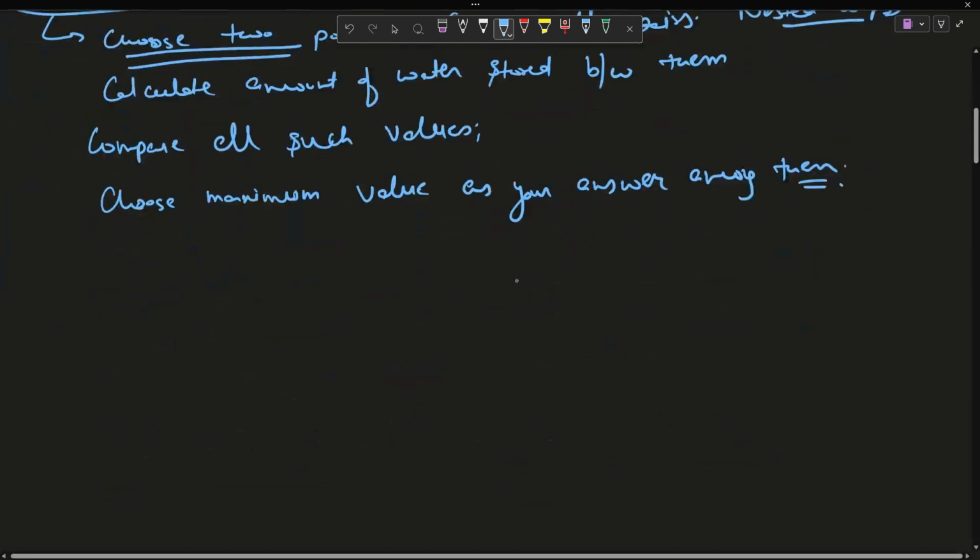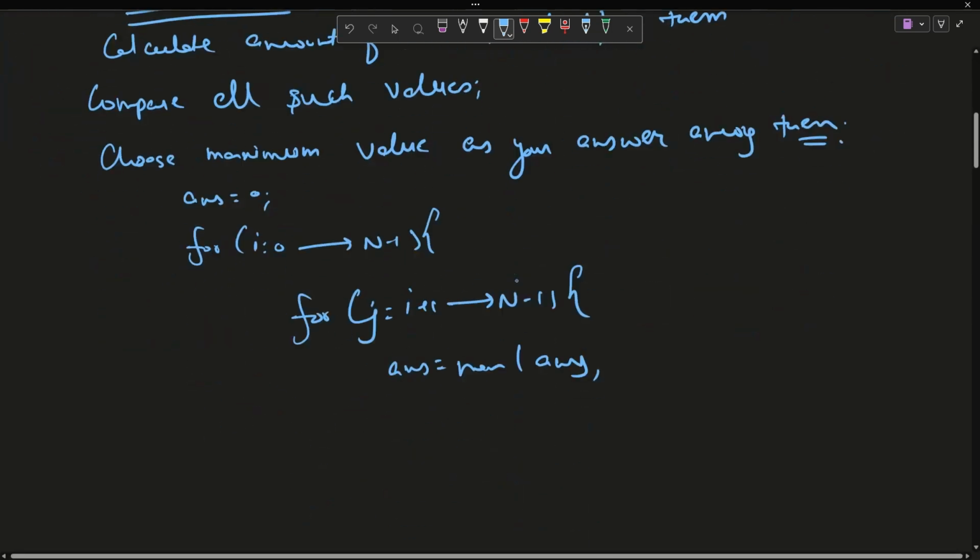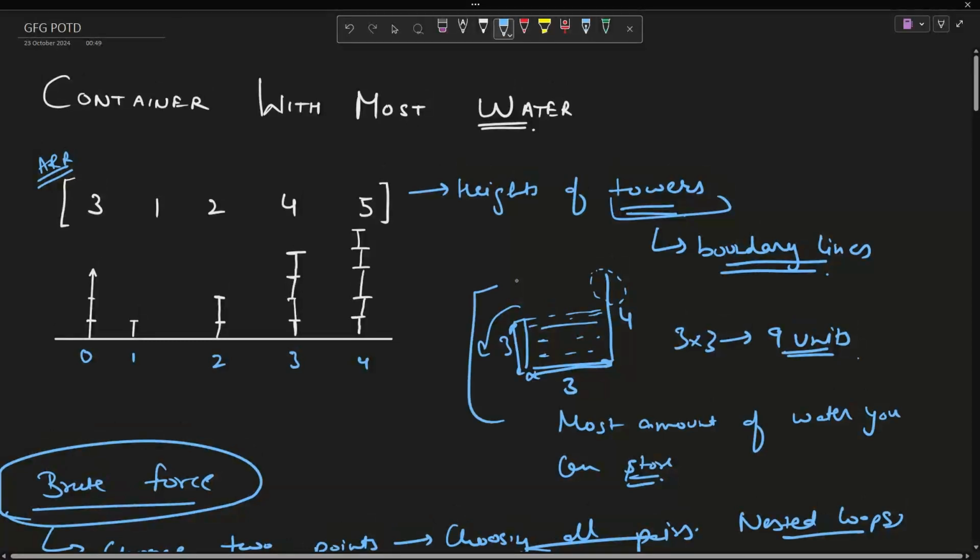What we will do, we will use a loop for i going from 0 till n minus 1, for j going from i plus 1 to n minus 1. Initialize your answer with 0 and then answer equals maximum of current answer and the water. For this example, what did we choose?